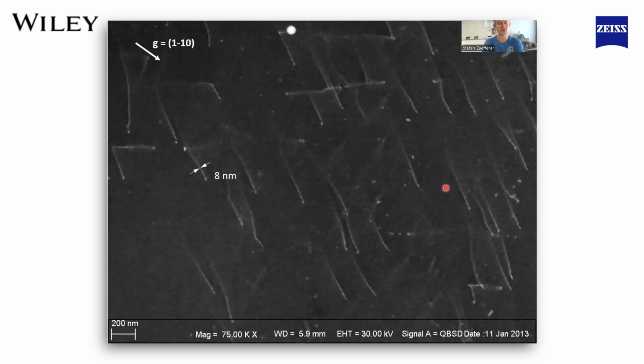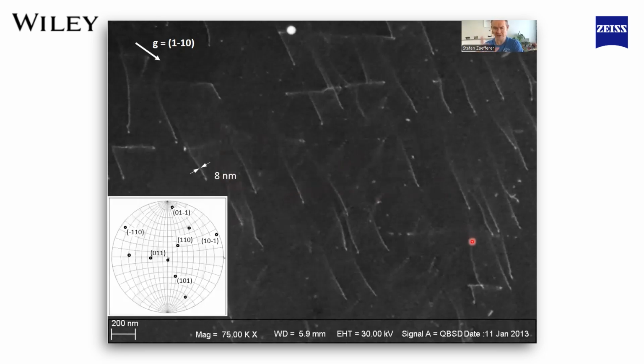Here on this picture the resolution is about 8 nanometers. This was taken with an older microscope. Our latest microscope, a Gemini SEM 450, allows us to reach about 5 nanometer resolution of these images. Anyway, now let's do a quick analysis of these dislocations, as I did for the stacking faults in the